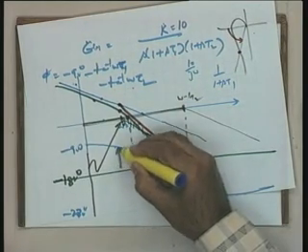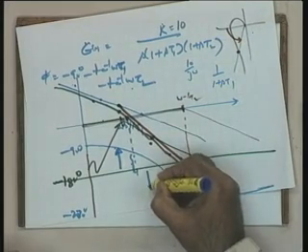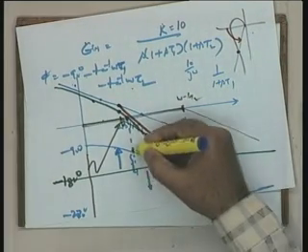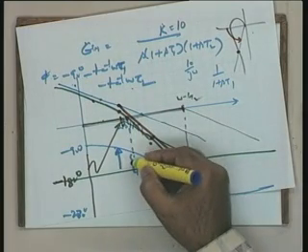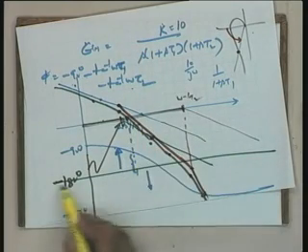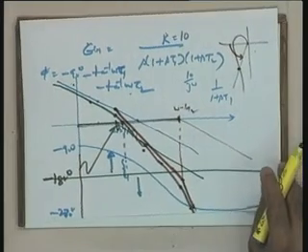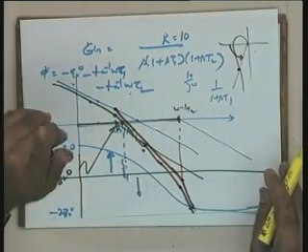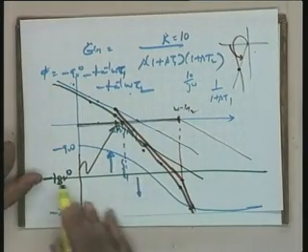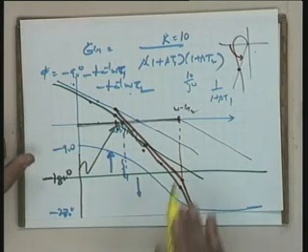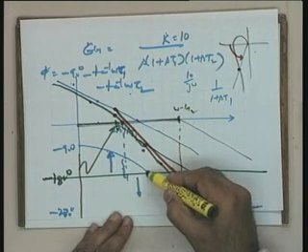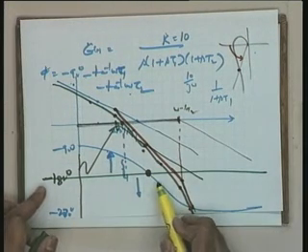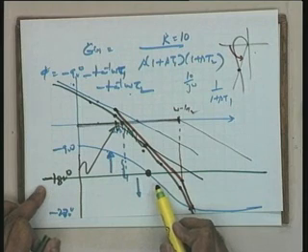If you take it this way, it is a positive phase margin. If you take it this way, it is the negative phase margin, because this much of angle can be added to make it minus 180 degrees. So this is the phase margin on this particular axis, which you have to take with respect to the minus 180 line. That is why I told you the importance, when you take the phase angle plot, of making your plot with respect to the minus 180 degrees line. Can you now tell me what is the phase crossover frequency? This will become the phase crossover frequency, the frequency at which the angle becomes minus 180 degrees.